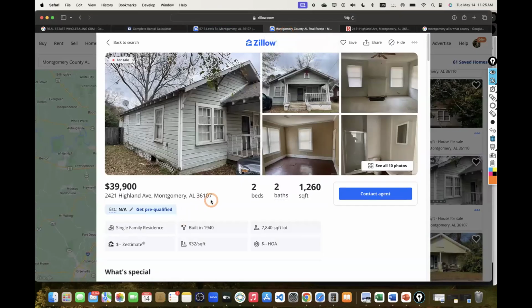So this is a freaking deal off the bat for both fixing and flipping and buying and holding. But honestly, this is more of a buy and hold, in my opinion, just because it's in really good shape already off the bat. You don't have to do too much at all whatsoever. And I'm done ranting, but any investor who's watching this, take advantage of that freaking deal right there, honestly.